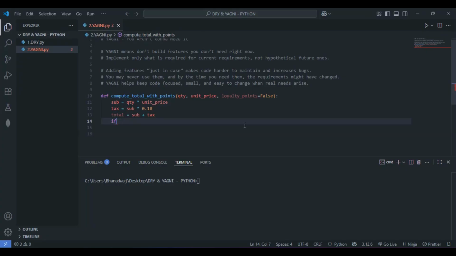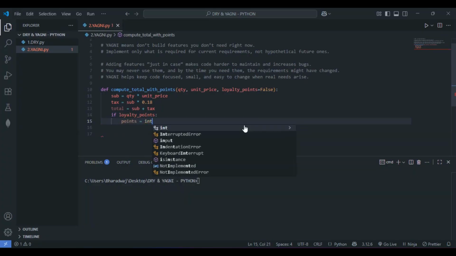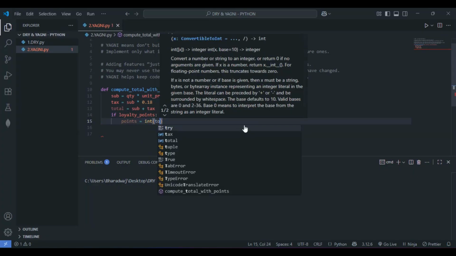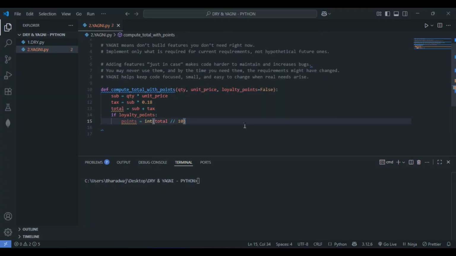Let me proceed. If loyalty points, then I'll go with points equals int of total divided by 10. This is fine.